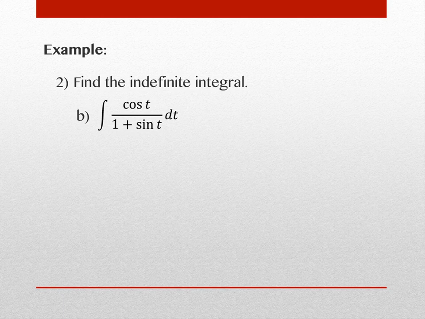If I had the addition and subtraction on the top, I could separate fractions out. I can't separate fractions if addition's on the bottom. What that means is that trig substitution's not an option for this particular one, which puts me right back into the point of doing u substitution because I don't have any other techniques. So my u substitution will be the entire denominator, 1 plus sine t. What is the derivative of 1 plus sine t? Cosine t